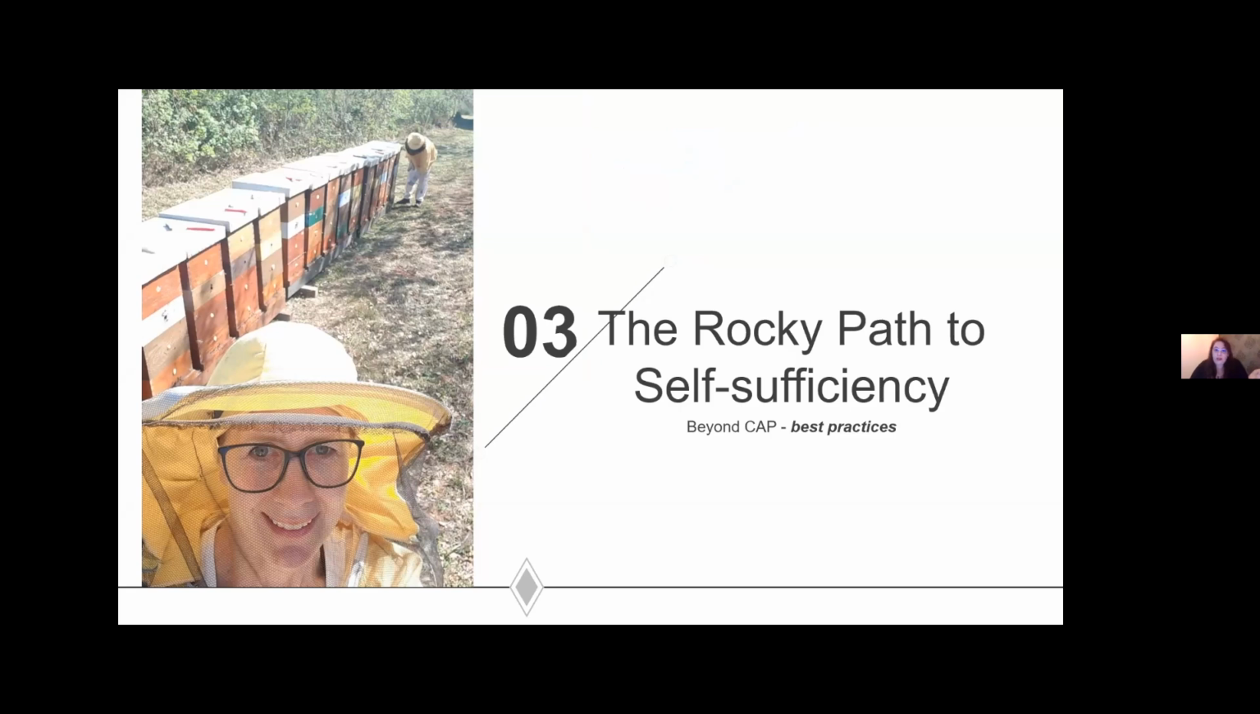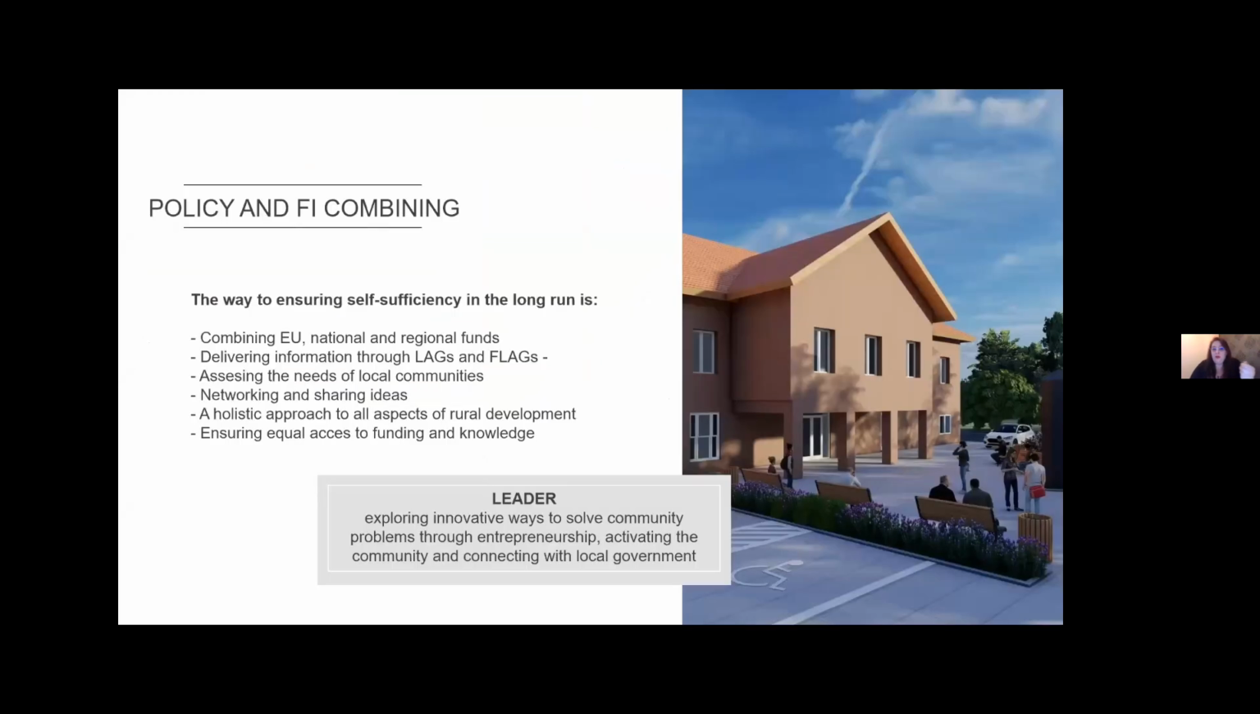We have some good practices. It was a rocky path, and of course there are some things well done in Croatia. For example, the combining of policies and financial instruments. I'm very happy about DigiRegio saying that they are preparing a toolkit, so we will have the possibility to use more possibilities in our areas, but it takes time and quite a lot of capacity to deliver rural development ideas